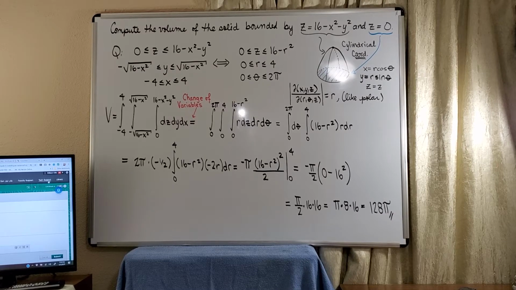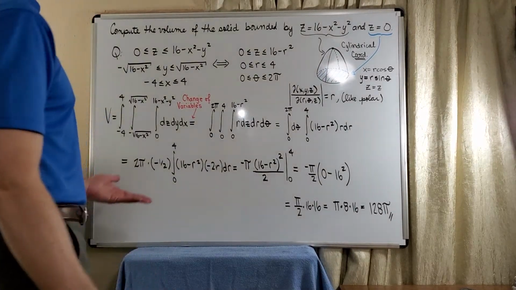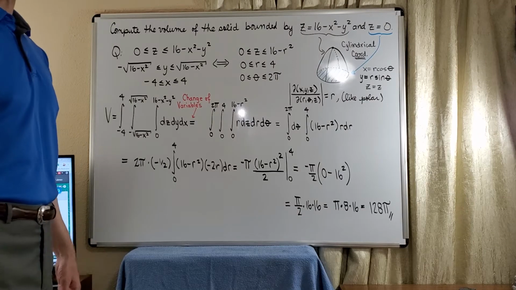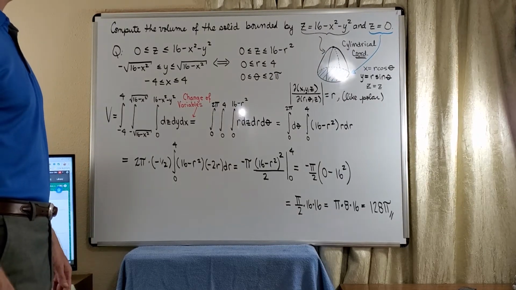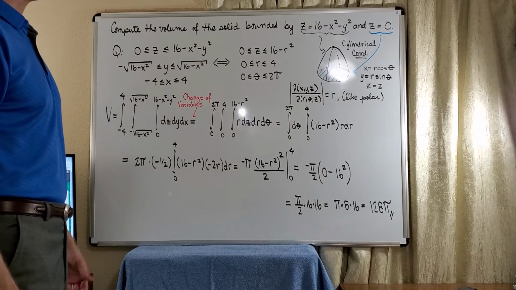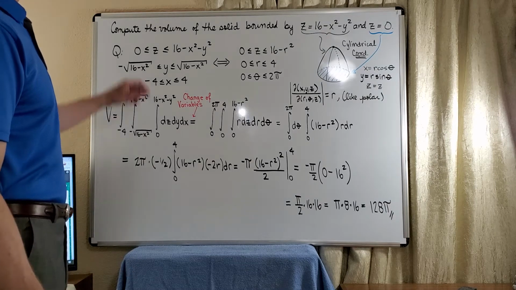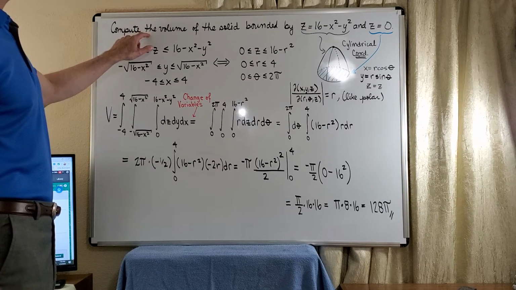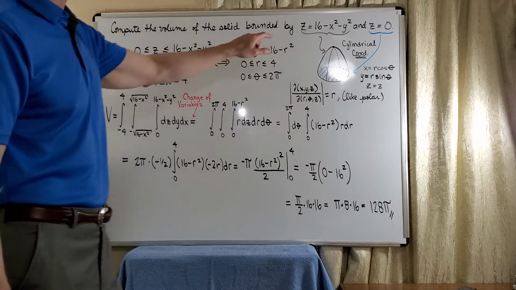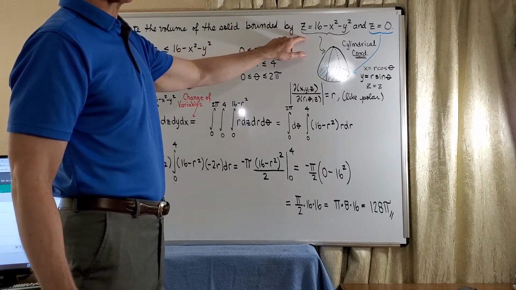Here's another triple integral where it makes sense to utilize a coordinate system that we've already discussed. Like in the previous problem, where we talked about spherical coordinates, here we're going to use cylindrical. So what we want to do is compute the volume of the solid bounded by this particular paraboloid,